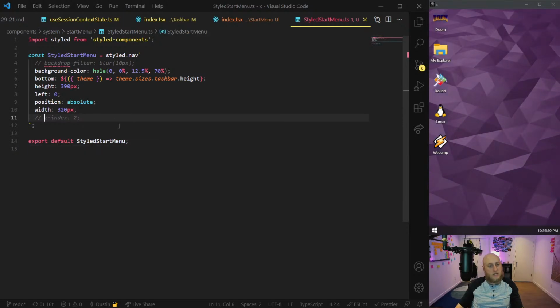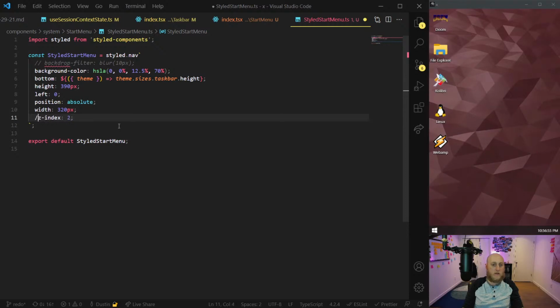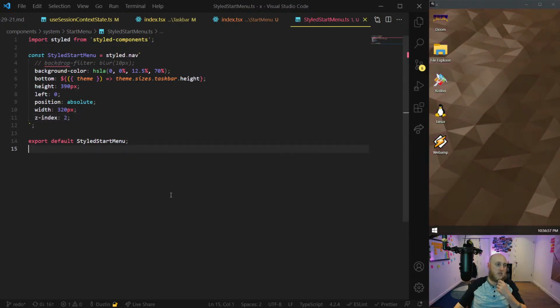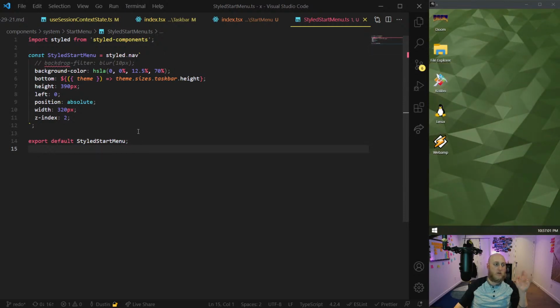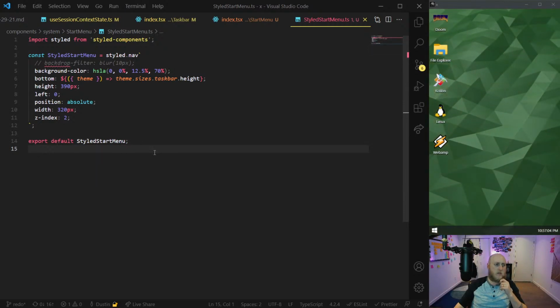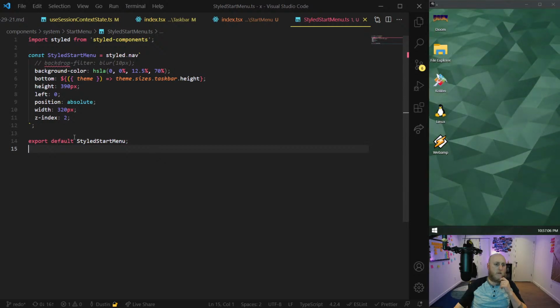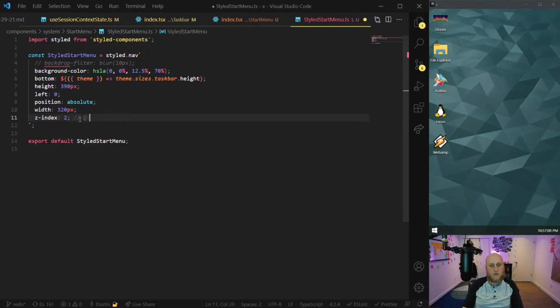And that gets into the z-index piece, is that it's behind the wallpaper and stuff. So one final step is fixing the z-index to 2, because we know that the wallpaper, I think, is like 1, I believe. So we'll just say 2. That should work in most cases. Maybe not. Maybe this should be a higher number.